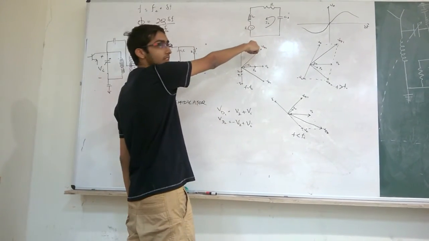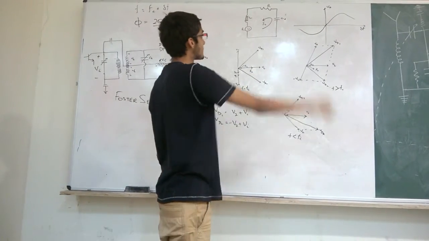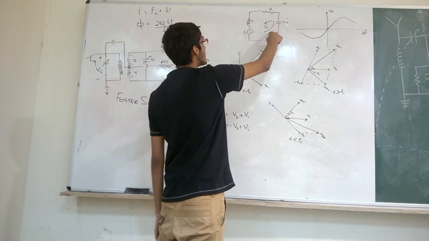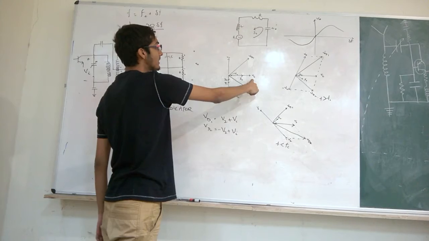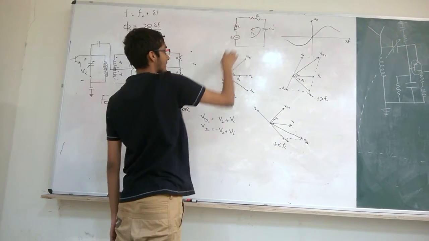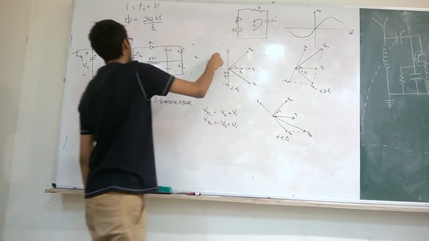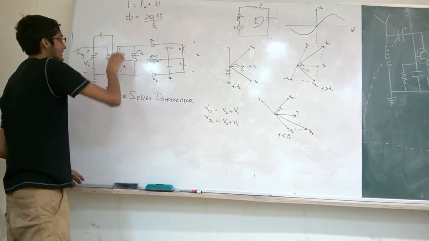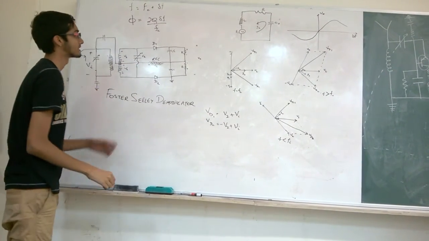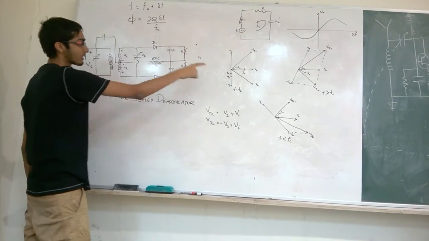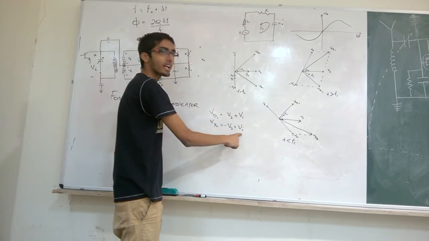Now coming to the simplified circuit over here. Since the frequency is equal to the natural frequency of this, my current is going to be in phase with the voltage across this circuit. Hence the I2 is in phase with E2, and hence the potential drop across the inductor is exactly perpendicular to E2. Now this particular inductor is being divided into two, and the potential drop across these is the same. So applying KVL in this particular loop, we get V across diode 1 to be V2 plus Vi, and V across diode 2 to be equal to Vi minus V2.